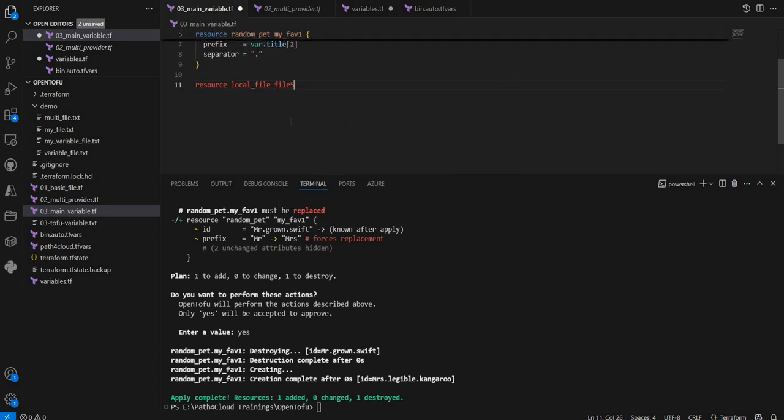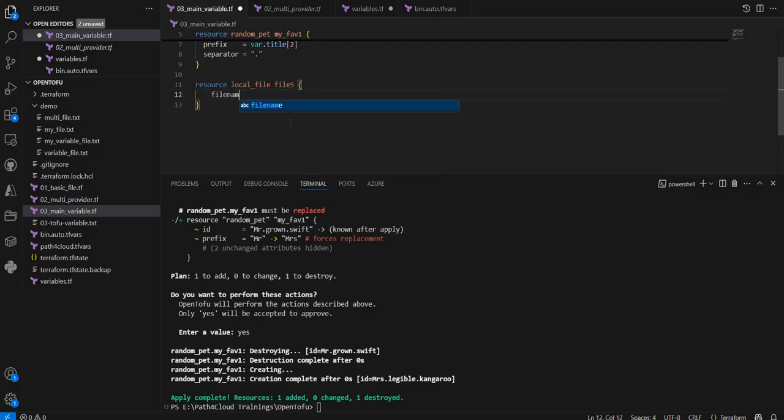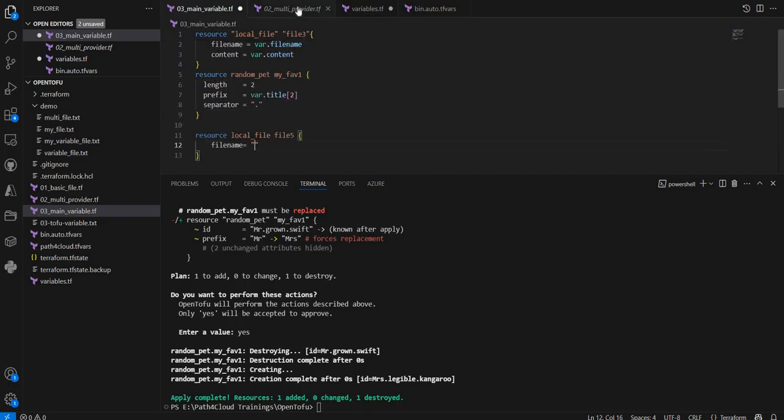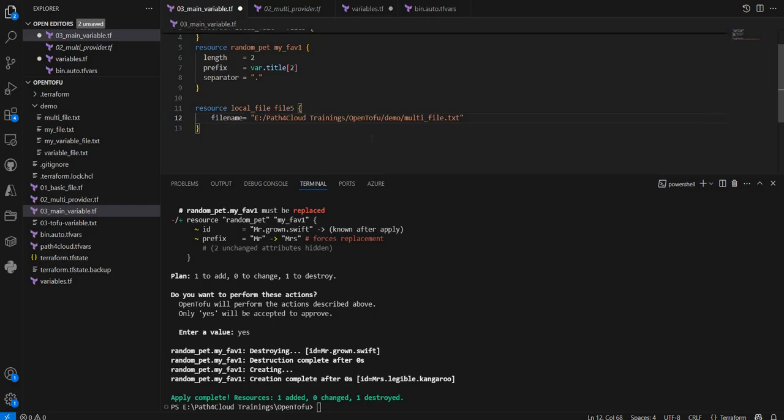I am giving the logical name to my resource, and then I am going to create the file name equal to, let's copy this path. Take this path, go there, define, and let's say map file,